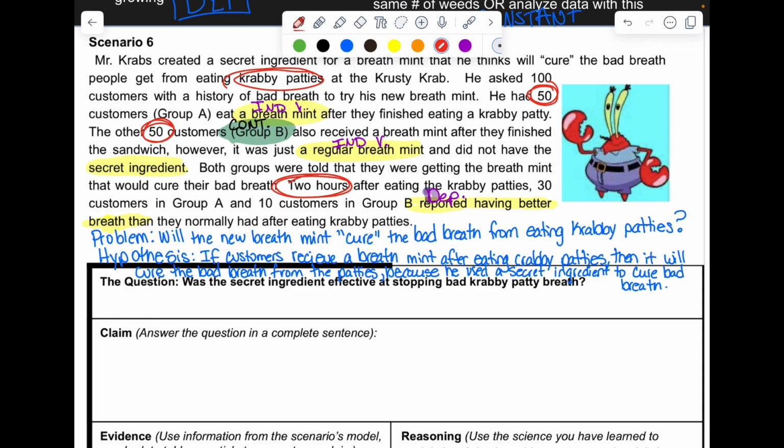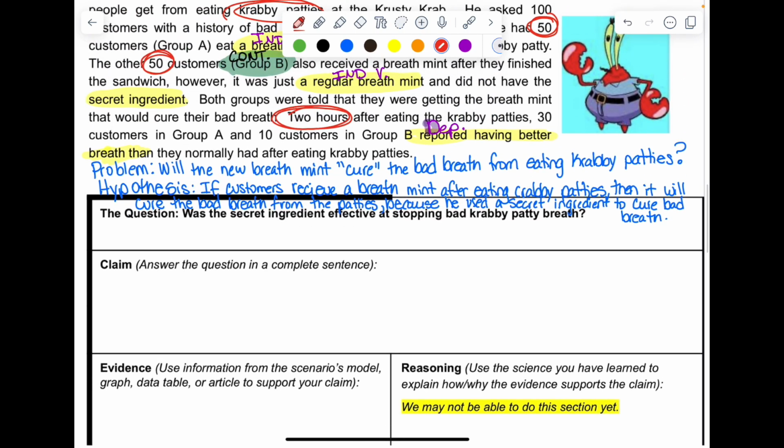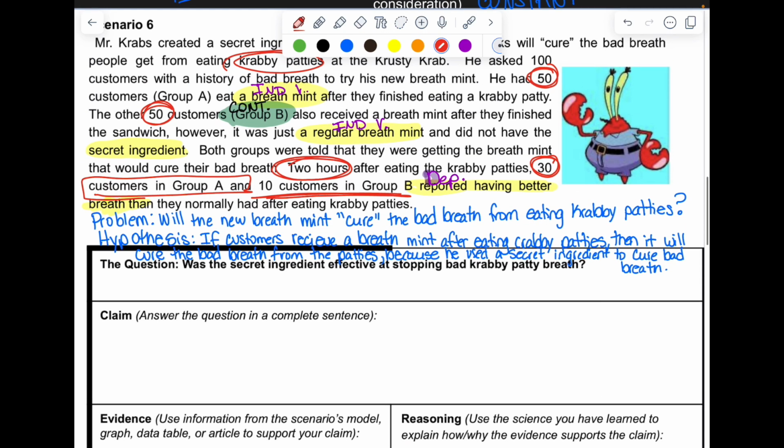Now, the next thing we want to do is write a CER: a claim, evidence, and reasoning. We want to make sure that our claim is supported by the evidence that we see here. So we've got some data about 30 customers reporting better breath 2 hours later in group A versus 10 customers reporting better breath in group B. Now we want to remember that group B is our control group. So group B is going to get the normal mint, and group A is the group that is getting the